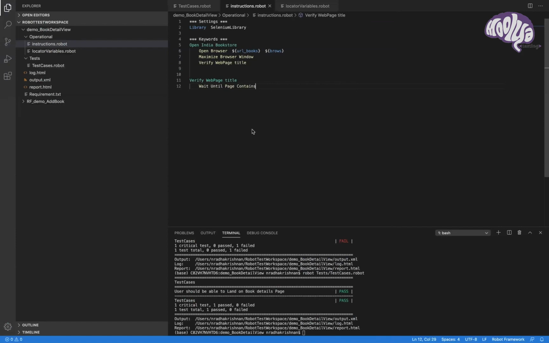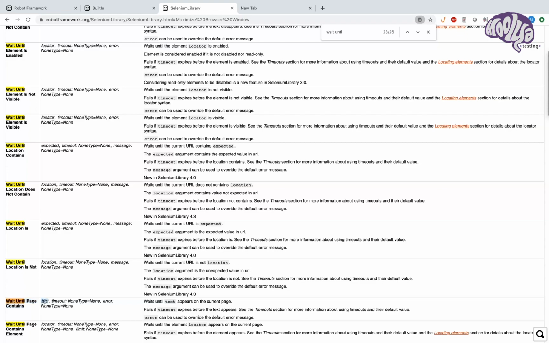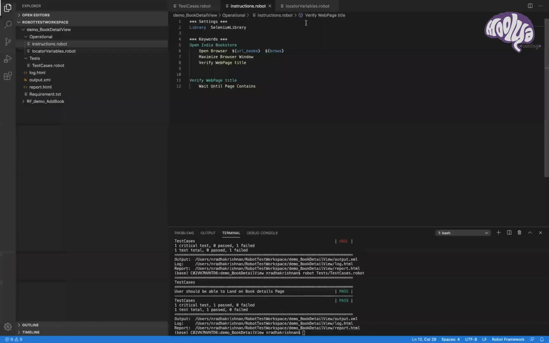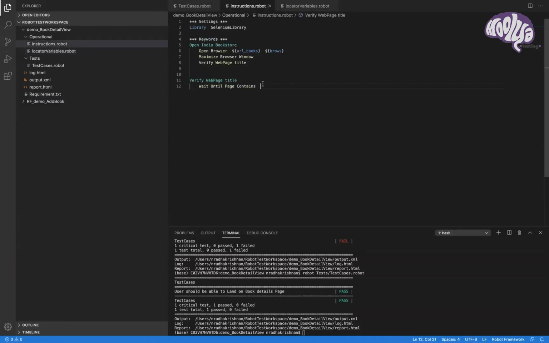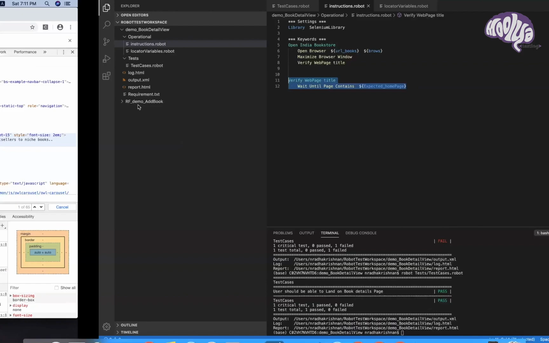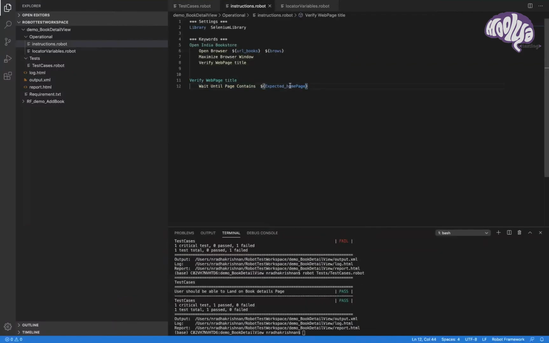What is the expected here? Text. I'm looking for the text which I have already passed here. All right, I'm looking for this text here. Double space. Okay, so I cannot directly use this. Let's say I'm landing on a different page, every time this variable will keep on changing. So for that, let's create an argument here. Arguments, double space, and give what I'm going to pass. Title name.